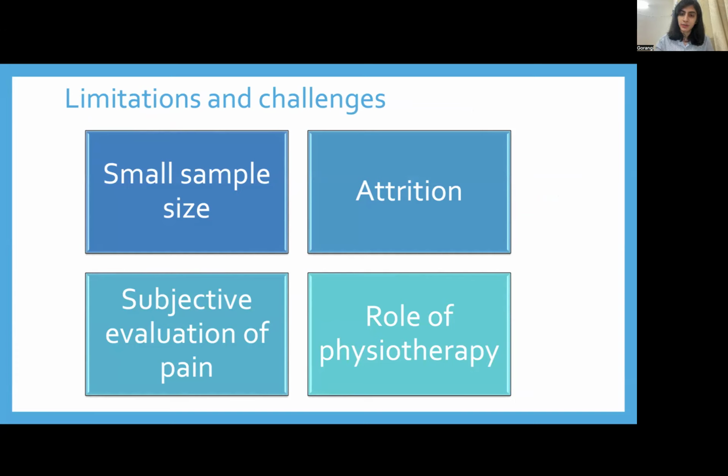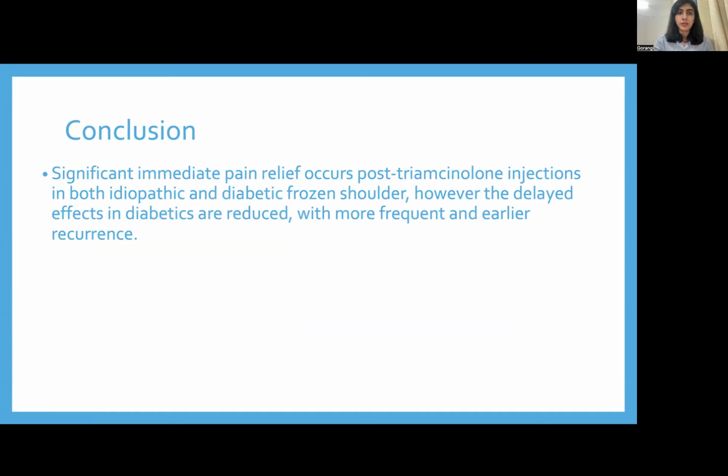So concluding for today, significant immediate pain relief occurs post-triamcinolone injections in both idiopathic and diabetic frozen shoulders. However, the delayed effects in diabetics are reduced with more frequent